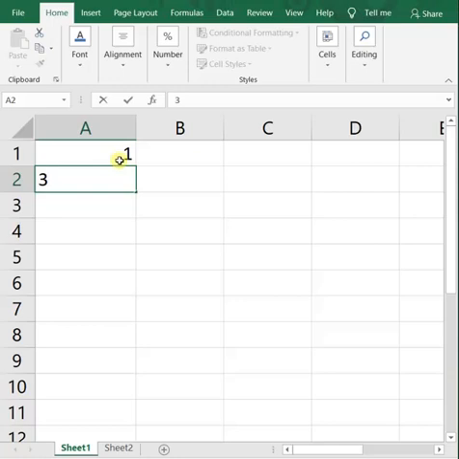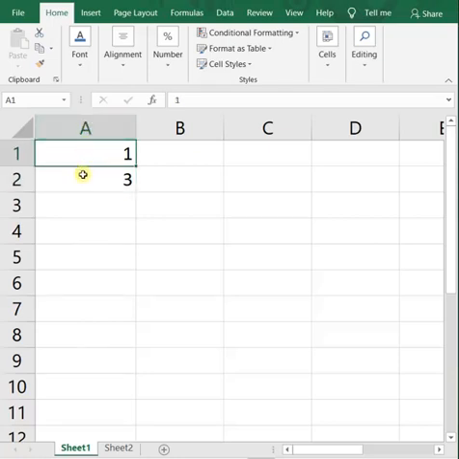So you can see that to generate the series, you have to enter the first two values of the series. The first value in one cell and the second value in the adjacent downward cell. Adjacent means side by side. This is also a side by side cell, but this is the downward adjacent cell.